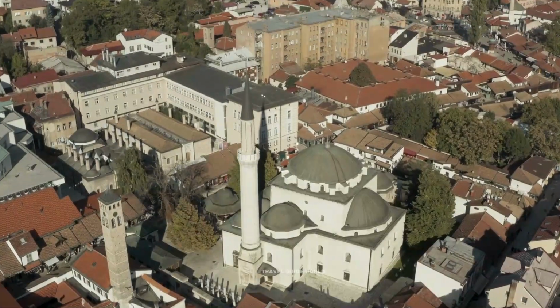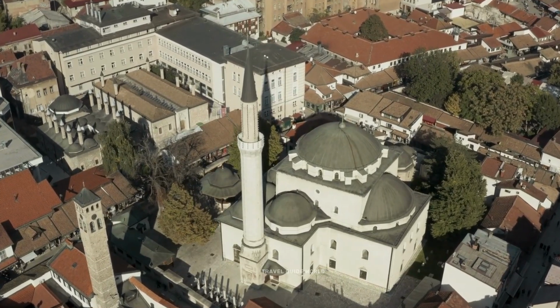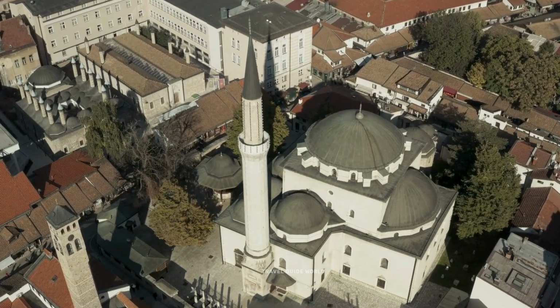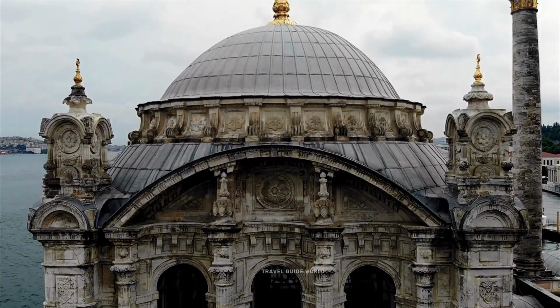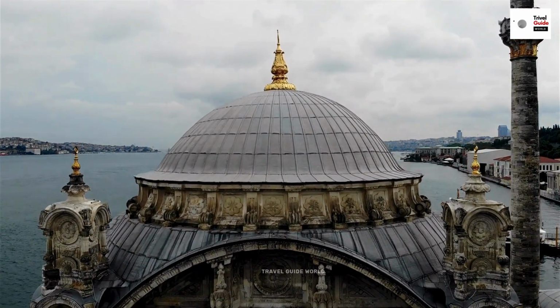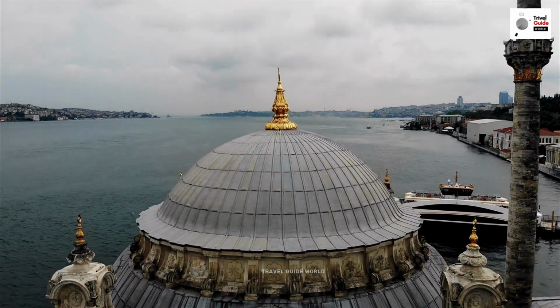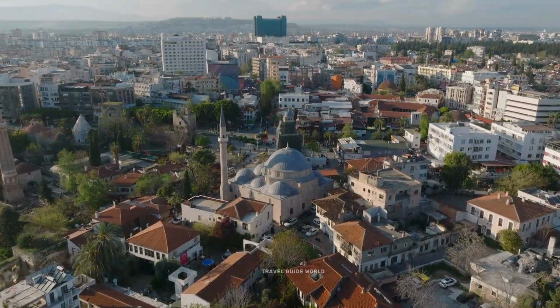The city stretches out beneath you, a tapestry of red-roofed houses, verdant parks, and the shimmering blue of the Mediterranean Sea. From this vantage point, the city's past and present converge, providing a visual narrative of Antalya's rich history and vibrant culture. The Yivli Minare is more than just a tower. It is a symbol of Antalya's resilience, a testament to the city's ability to preserve its past while embracing its